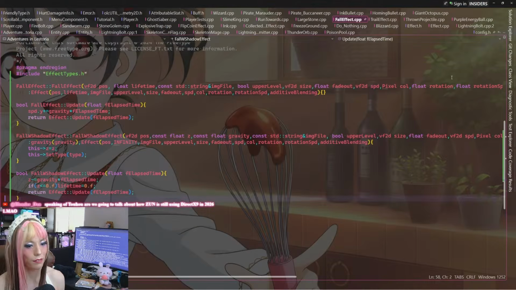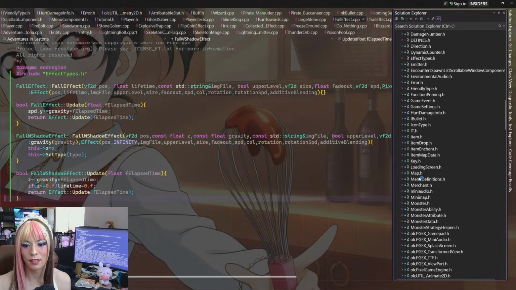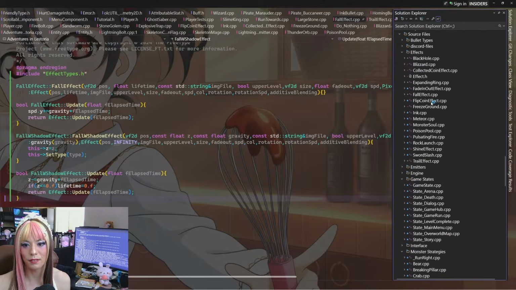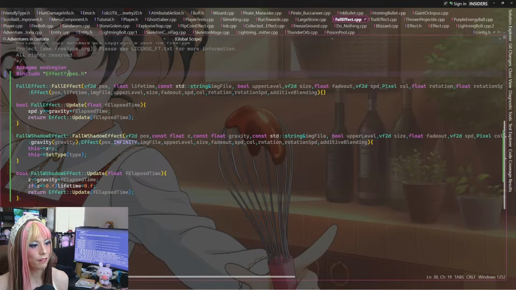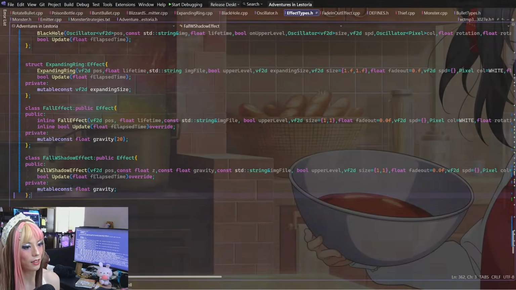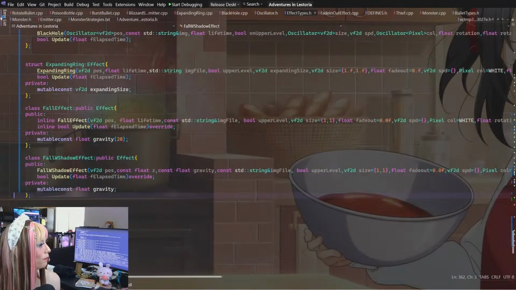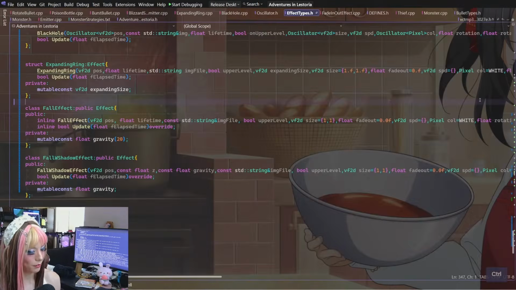Okay, so where's the header for it? Did I forget that about the header? I think I did. And that's probably why it doesn't exist right now. Because we have fall effect.cpp. And then in effect types, we have fall W shadow effect right here. Fall W shadow. Let me try rebuilding real quick.